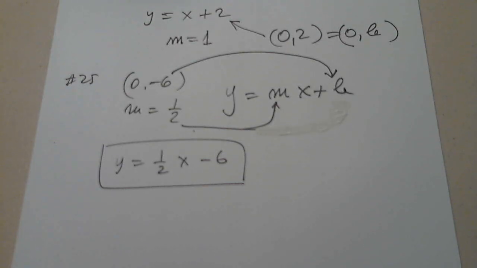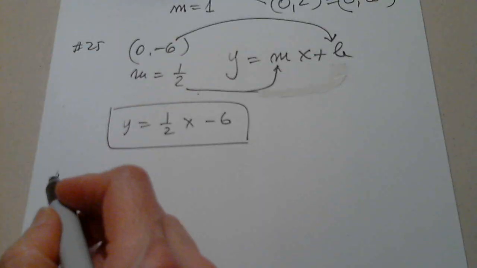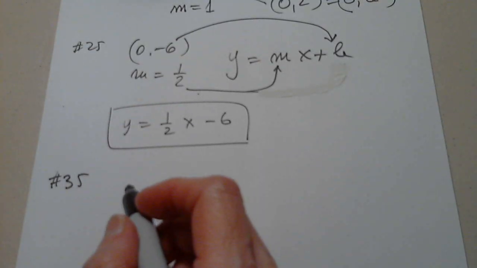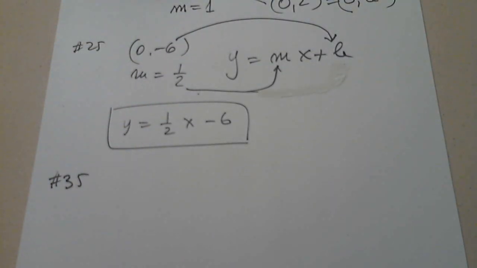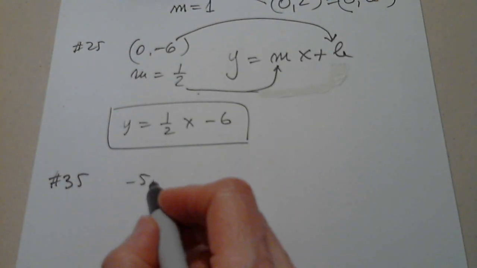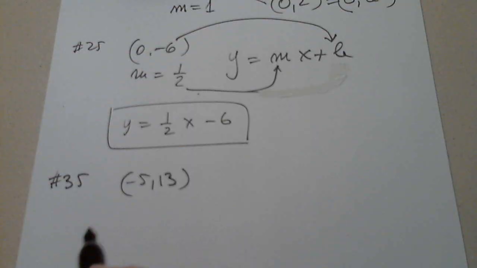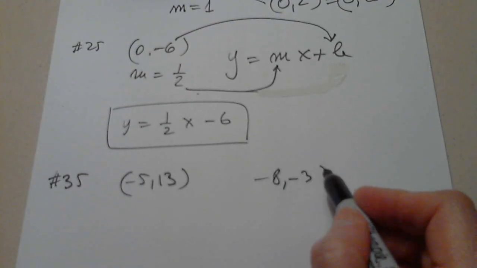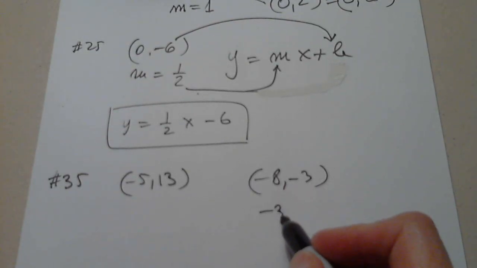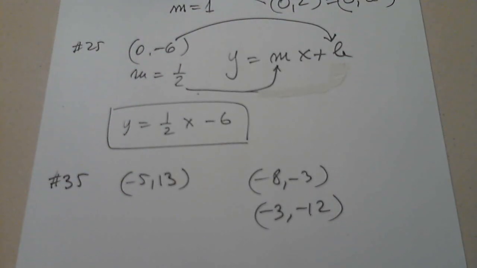Can we do 35? Absolutely. Let's look at 35. 35 is -5, 13, and no, I'm sorry, you said 35, I'm not looking at 36. So -8, -3, and -3, -12. Perfect. In order to determine the equation of the line passing through these points, we must find